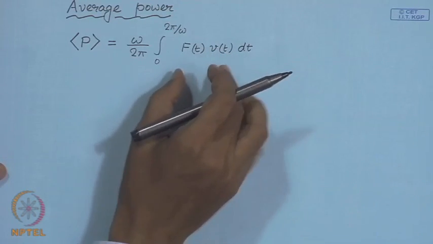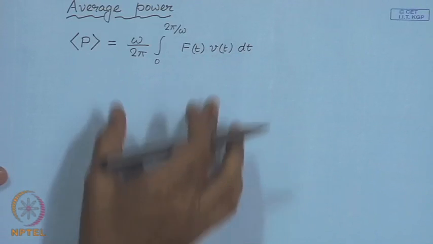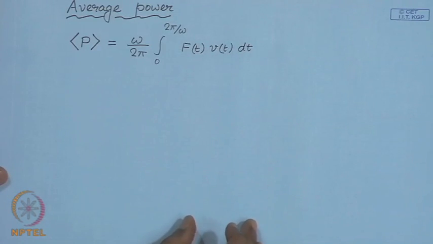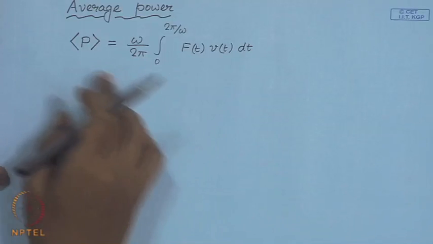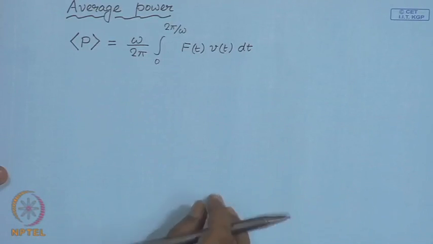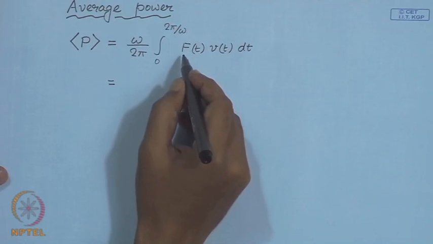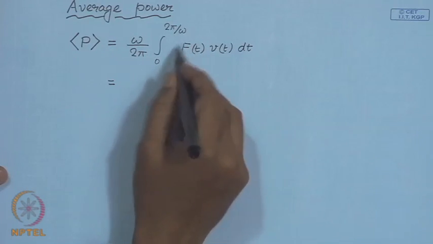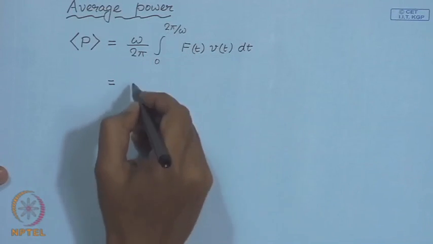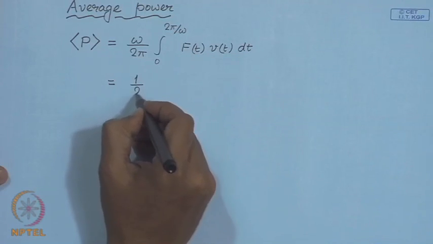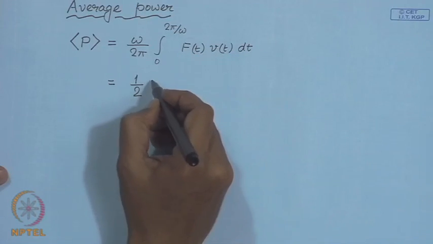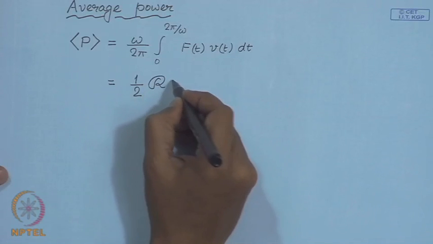So, if this is the situation, then this is the integral you perform in order to assess the average power that is flowing. And since we are using complex notations to denote force and velocity, this integral can be easily performed